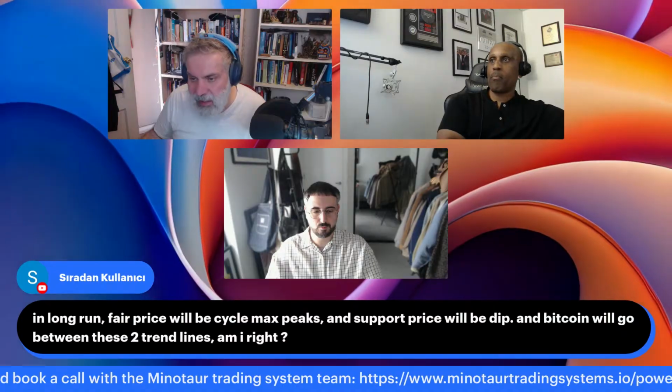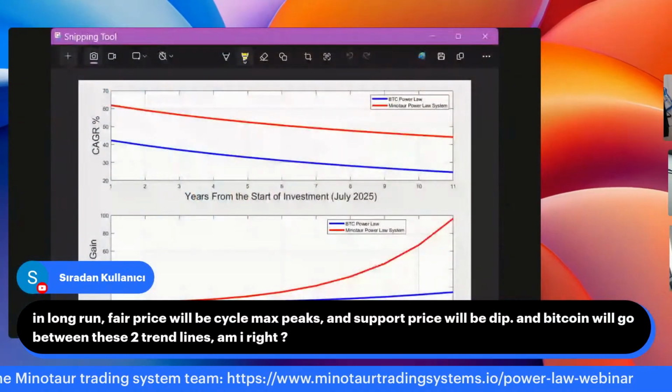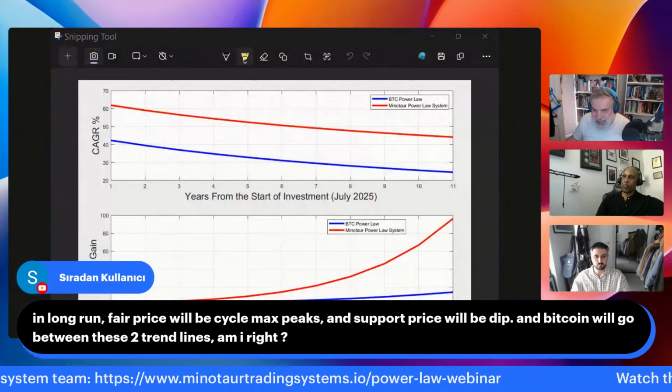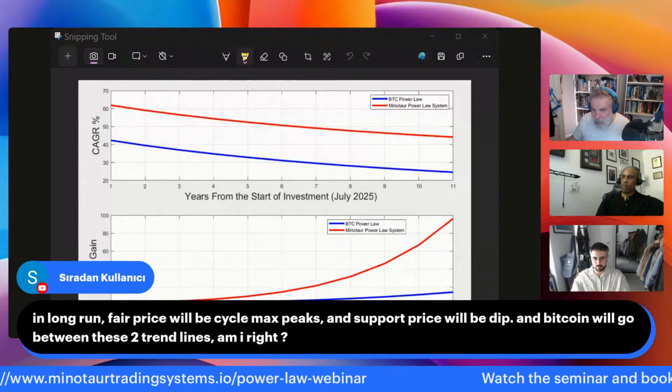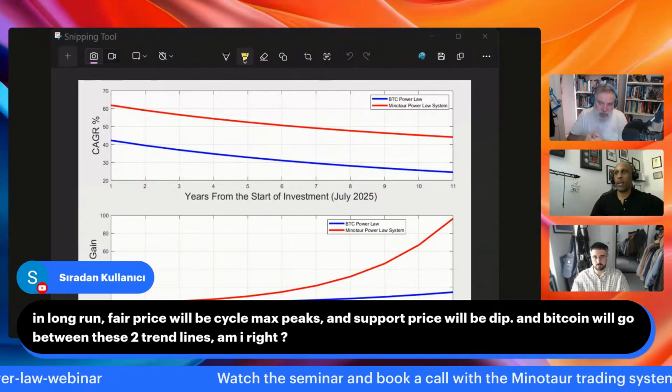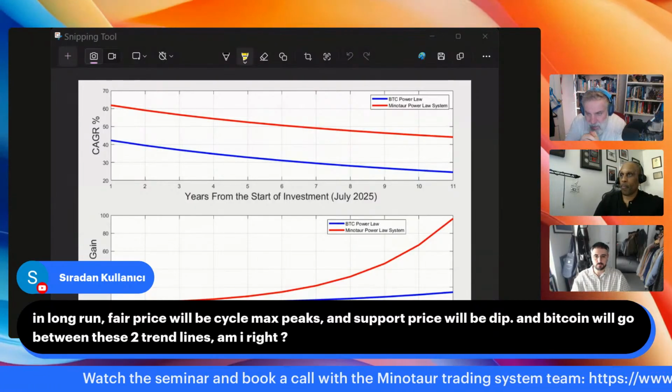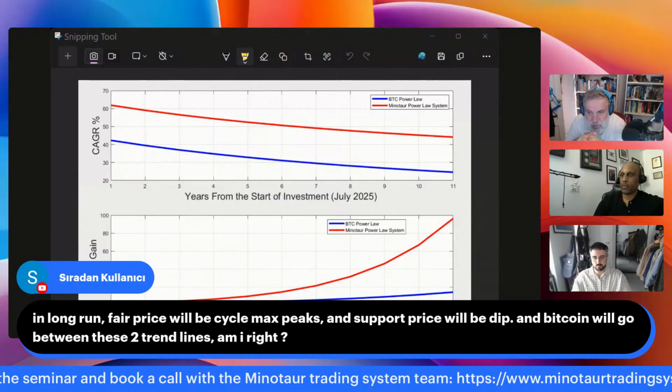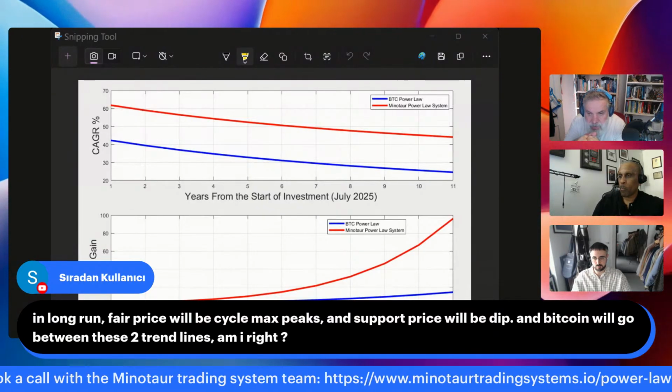Some people ask me, can you work on spot? Yes, it can work, but ideally it's better to use futures, because you get a little bit of leverage. Sebastian and Marcus can elaborate. But here, look, I use